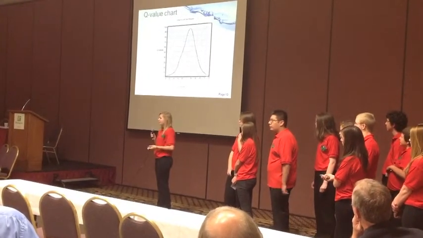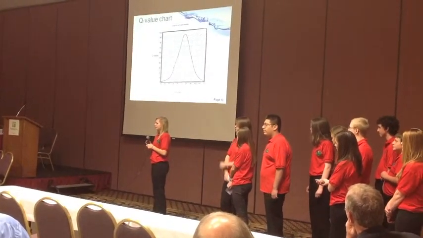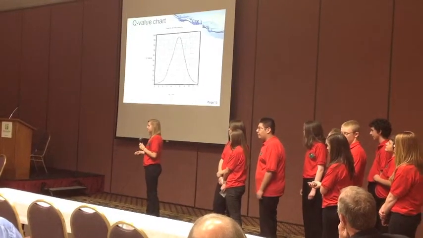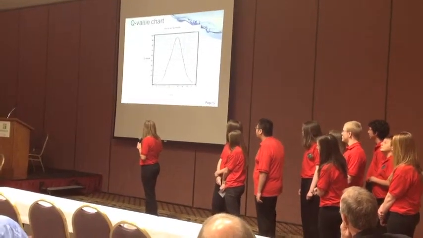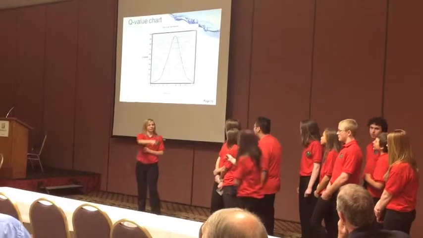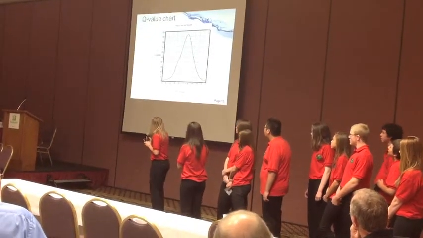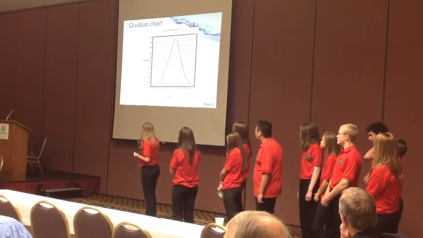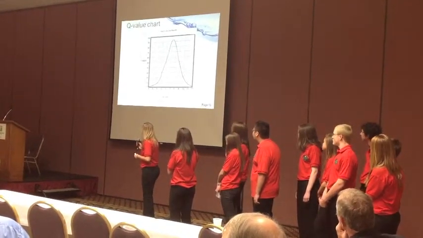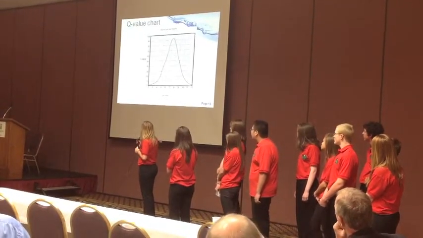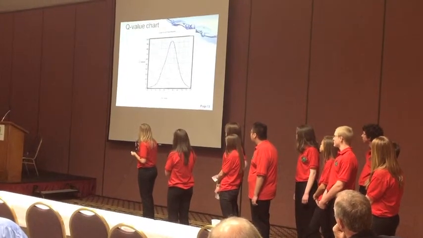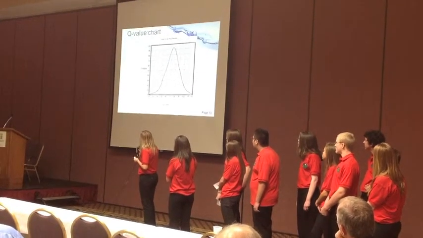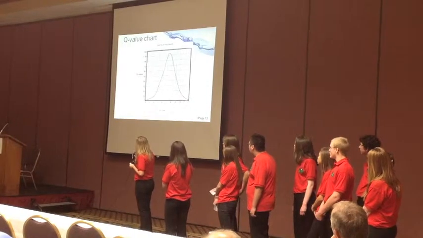So to find our WQI, the first thing we'll do is get the number that we get out of our colorimeter, and we will put it in this Q value chart, and we'll follow it up to where it meets the curve. And so 6, for an example, you would follow it up and then over, and it would be about 56